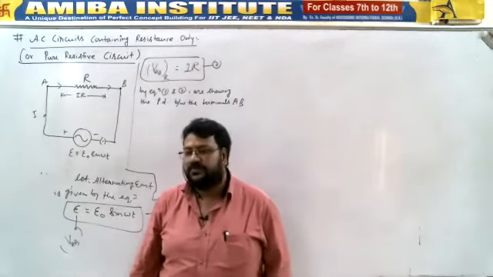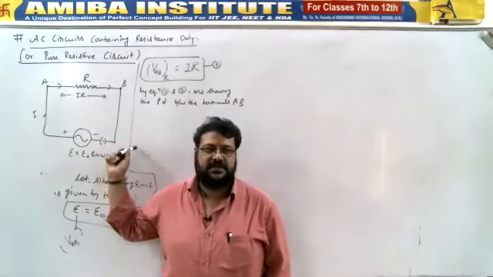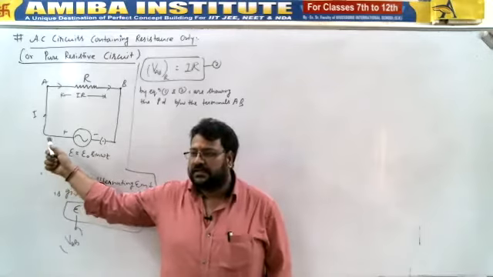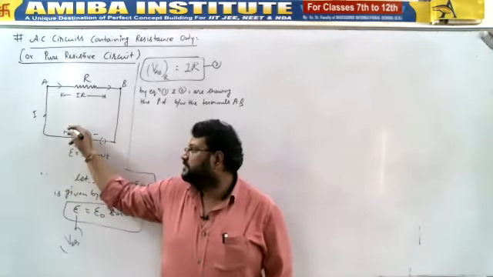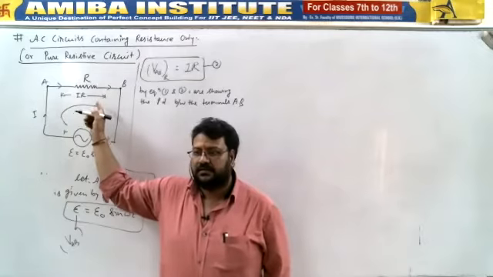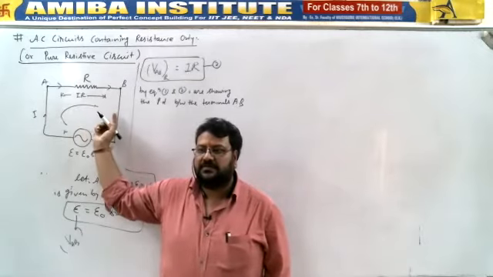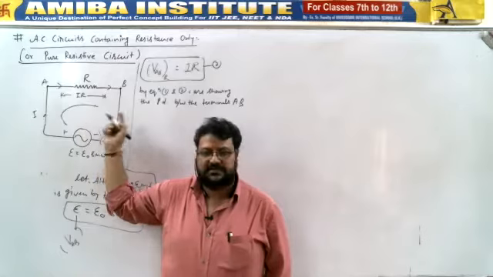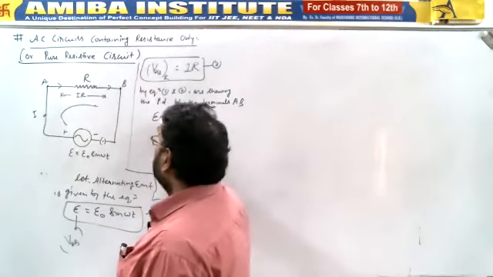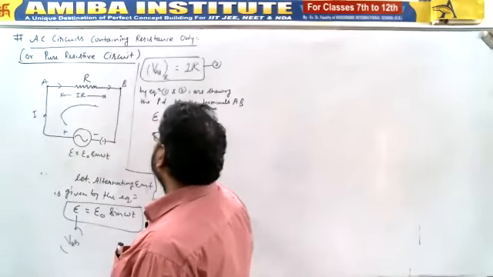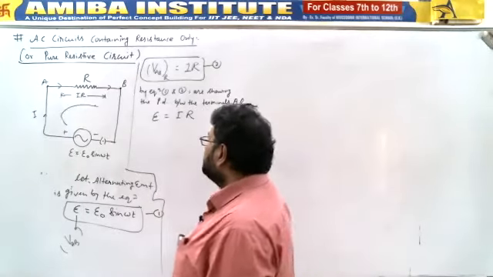So if you apply the Kirchhoff voltage law, whatever direction the current has been released from would be taken as positive, the other one negative. So applying KVL, minus 2 plus E, then in the same direction of current minus IR. So E minus IR will be equal to 0. Again, you will get the same result as what I have written here, right? So it should be E is equal to IR.